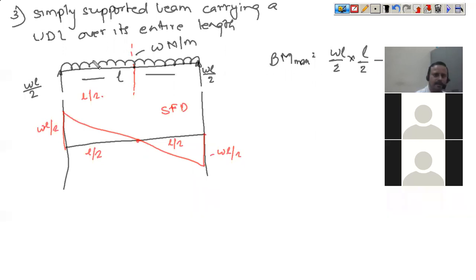So this is minus, the load is w into L by 2 because this is half of the UDL that has been considered. So w into L by 2 is the load carried by this and it will be resolved at a distance half from the applied distance. So half is L by 4. So you get wL square by 4 minus wL square by 8. So M maximum is wL square by 8.